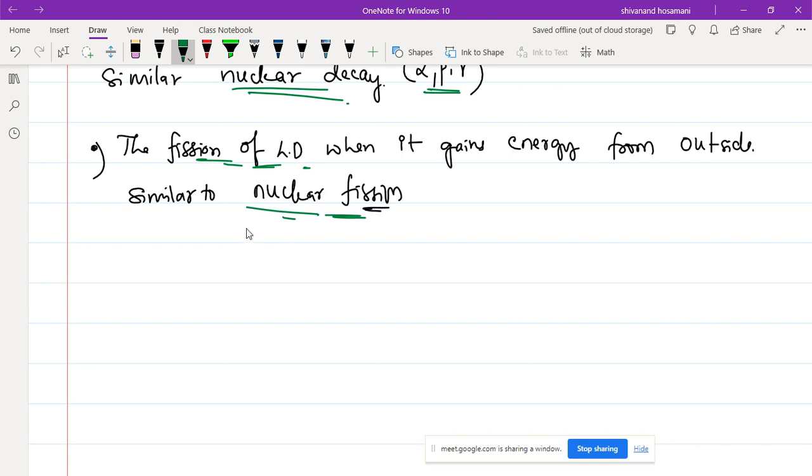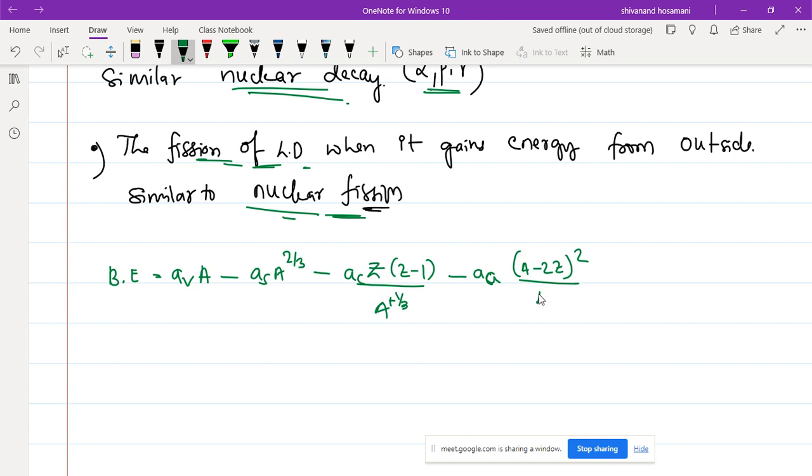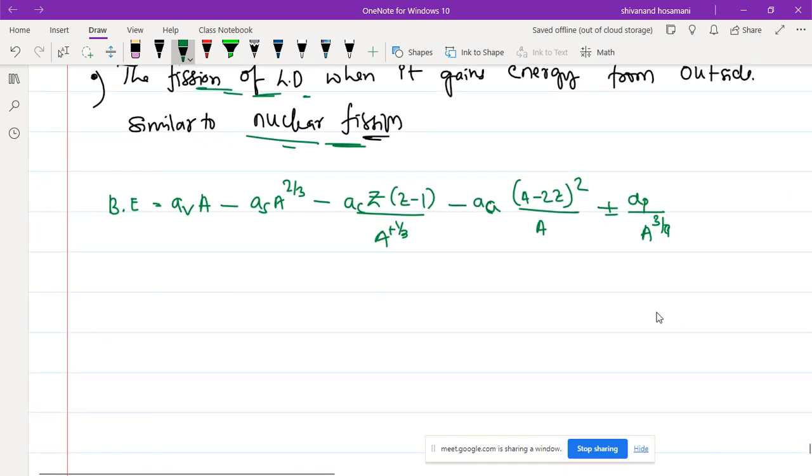So by treating this as a nuclear drop, and moreover this binding energy that we defined, binding energy is equal to the volumetric energy minus its surface energy, A to the power of 2/3, minus its Coulombic part, Z(Z minus 1) divided by A to the power of 1/3, minus its asymmetric part, given by (A minus 2Z) whole square divided by A, plus or minus the pairing energy, given by A to the power of 3/4. This formula is very applicable to liquid drops, so we use it mostly in the liquid drop model. Another thing, the merits: